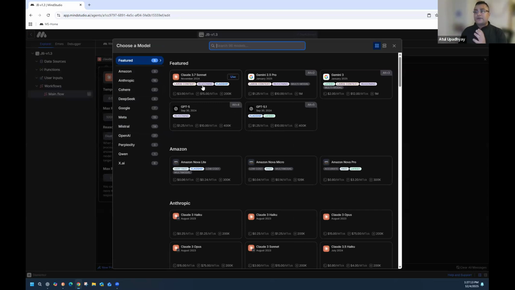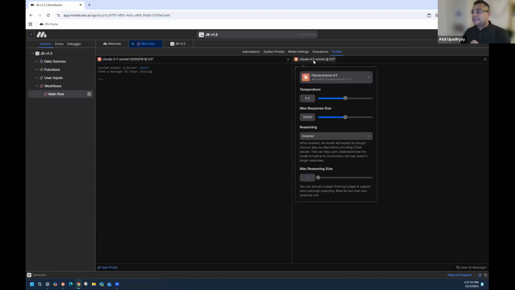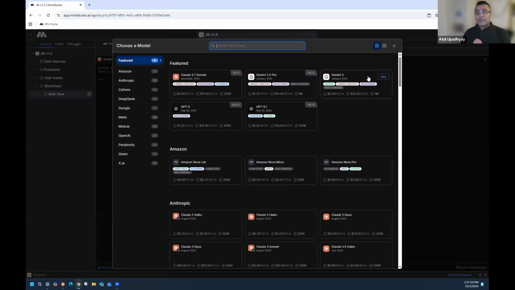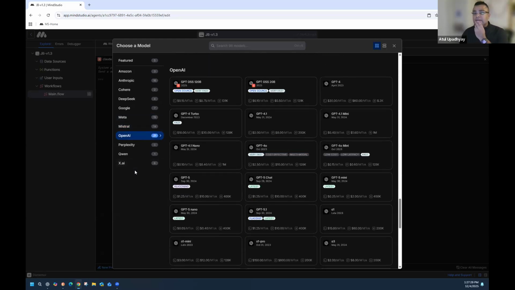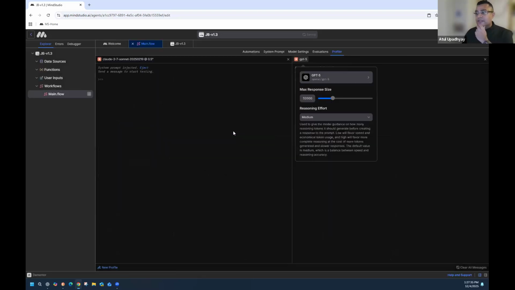So let's see how it works with our Profiler example. I think this one is already selected, great, so we'll take 3.7. For the next LLM to compare with, say ChatGPT. Let's try the 5. Is there reasoning? Yep. All right, perfect.